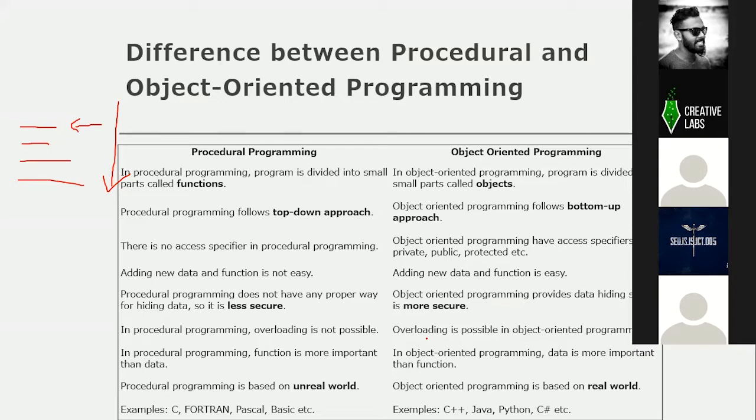For the moment, these are the differences that object-oriented programming has. For example, C++, Java, Python, and C Sharp, etc. Even some languages now, like PHP and JavaScript. In the earlier stages, the old versions of PHP were introduced as procedural programming.